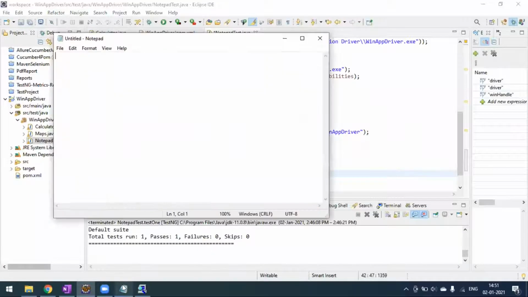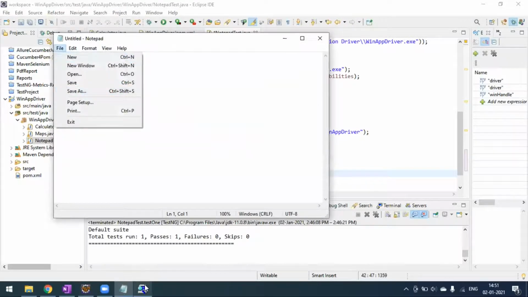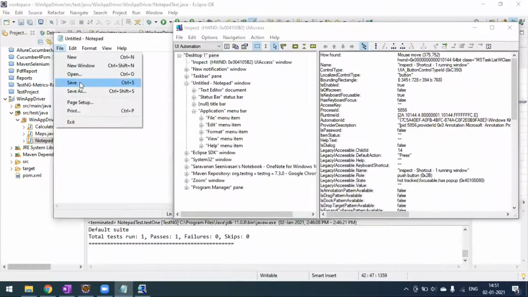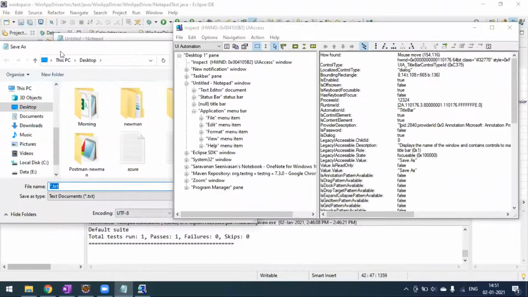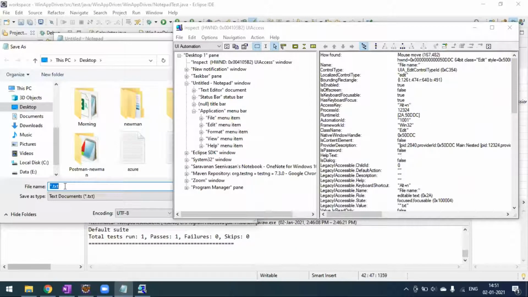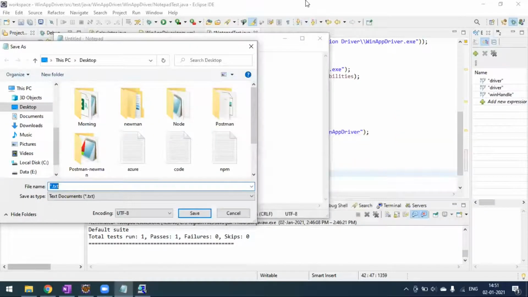After that, we have to click on this save submenu. So once we click this save menu, okay, so what else? I mean, we will be getting this pop-up, right? So after clicking the save, it will ask you for the location where you want to save. So we have to give the file name first. Okay, so I will highlight this one. So this is a file name path we have to give. So this one we can go for automation ID. Automation ID what we have here is 1001, right? So I will copy this automation ID value and I will go back to my Eclipse.